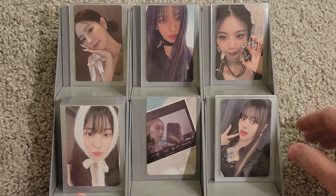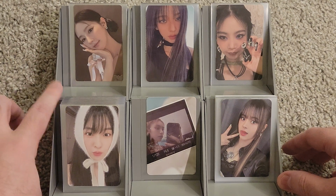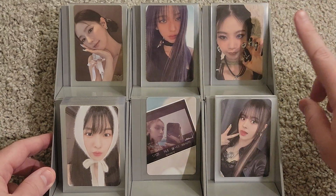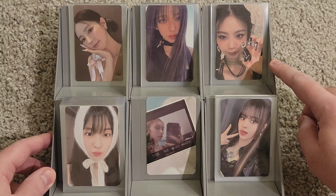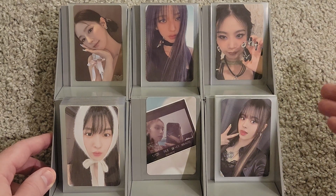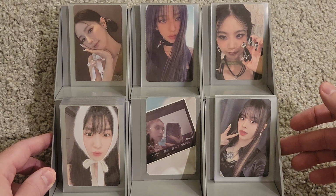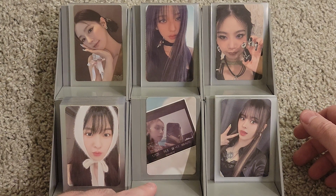We mostly have Red Velvet to put away today, and then we do have I-DLE. We're going to finish Heat today, so that's very good. Very excited about that. Then we have a good amount of aespa to do, some Soojin. It's just like the 6 photo cards that I pulled from the albums that I bought, and then we do have the EVERGLOW photo cards from their World Tour merchandise, and then this one very, very lonely Yeji photo card